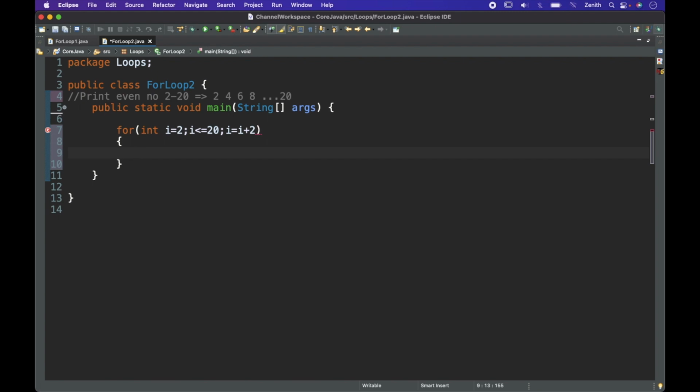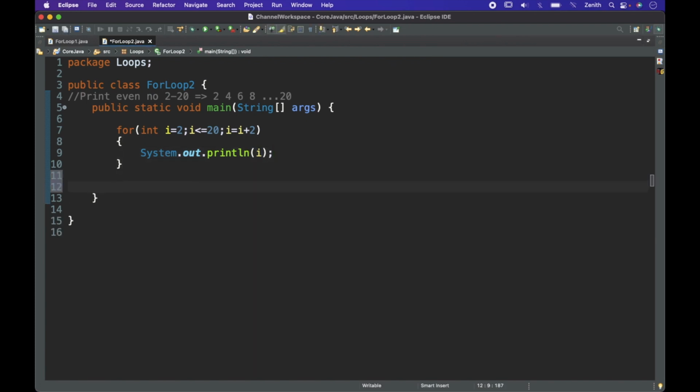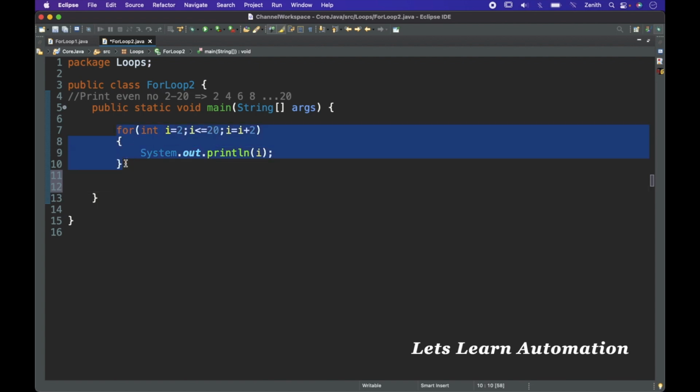After that, here again I am going to print the value of I variable, and if I try to execute this, then I am getting 2, 4, 6 up to 20. So all these are even numbers from 2 to 20. Then in the second case, let's try to print the odd numbers. So let's comment this,